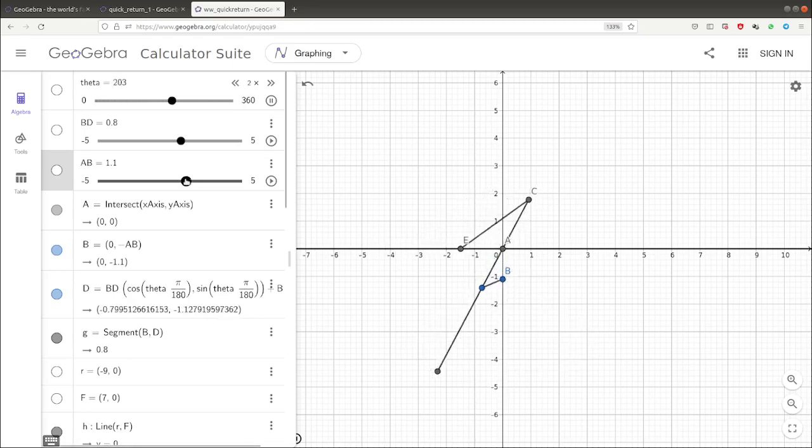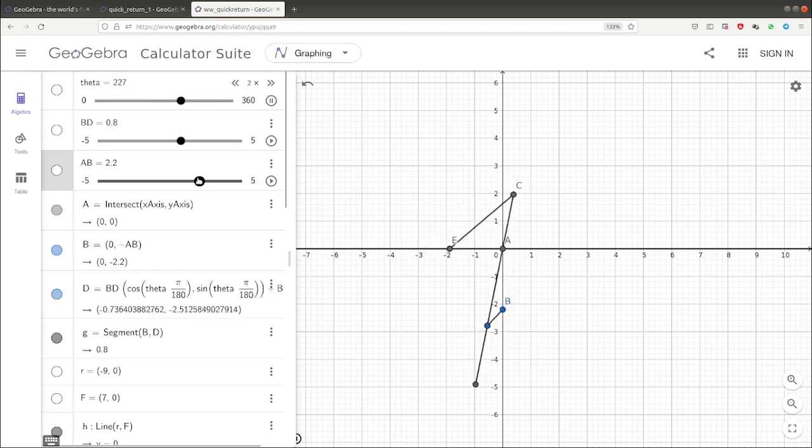And if I change my B value, what's happening? Even here my stroke length has decreased. But I don't want my stroke length to differ with respect to the quick return ratio.